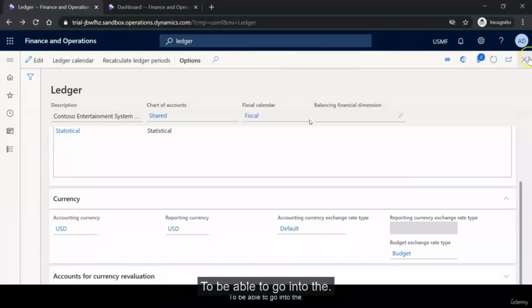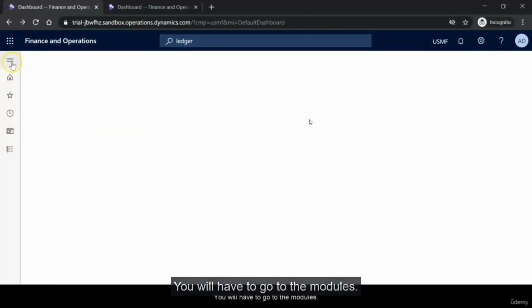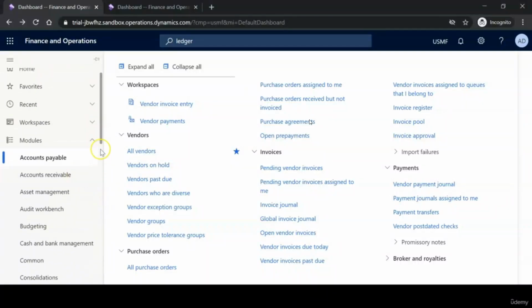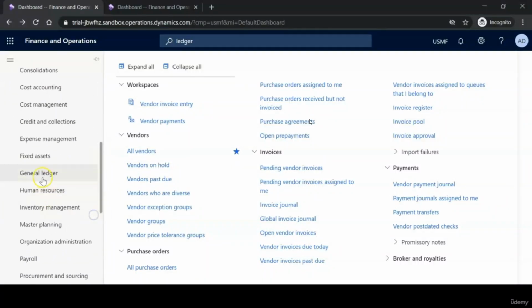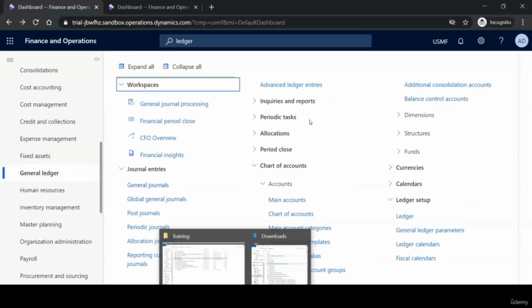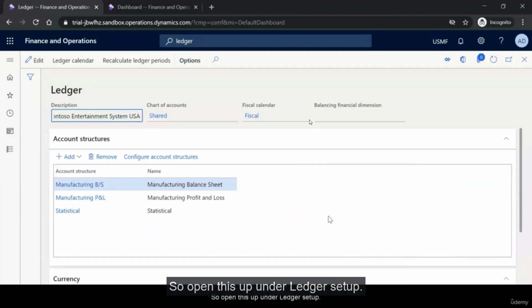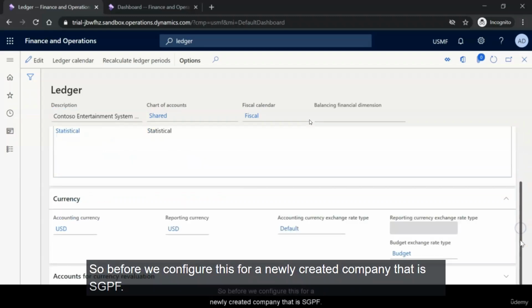So to be able to go into the ledger form, you will have to go to the modules, under which go to the general ledger module. Under general ledger, you have this ledger form. So open this up under ledger setup. So before we configure this for our newly created company, that is